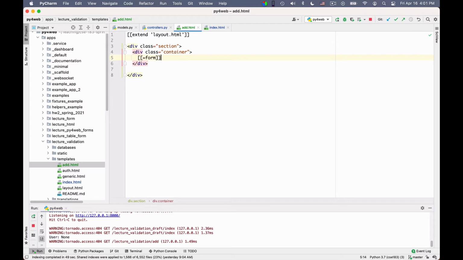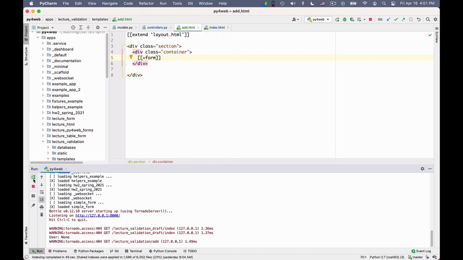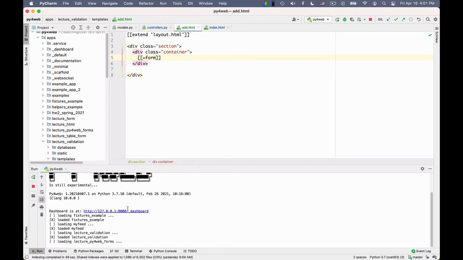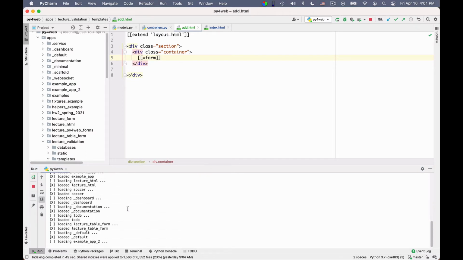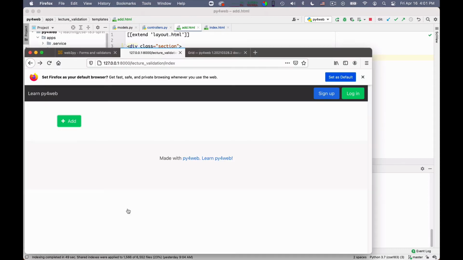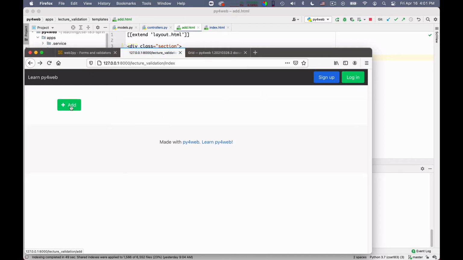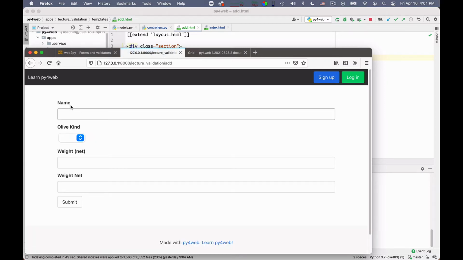Okay, I think that's all I need to do. So let me restart py4web. Let me reload this page. Well, actually there is no point. Let me go to the add form, and I get the form. Okay, so the olive kind can be Kalamata or can be Ligurian.